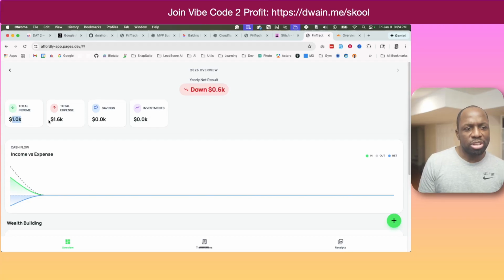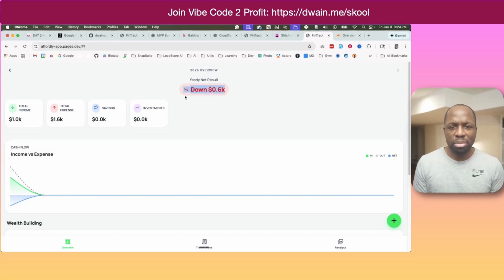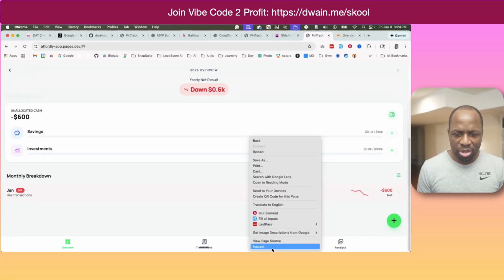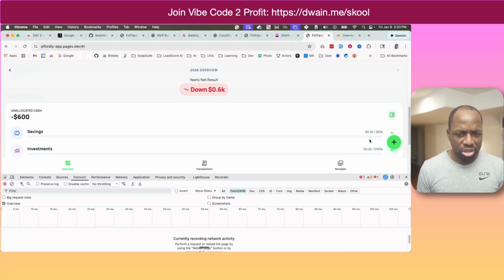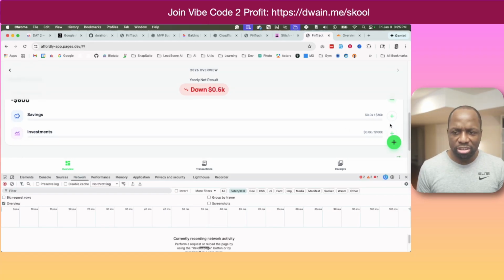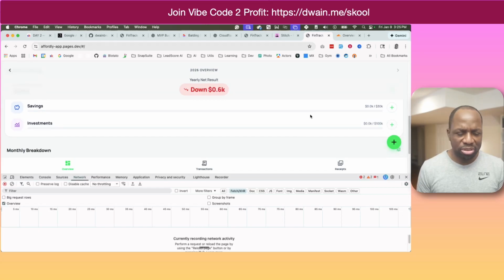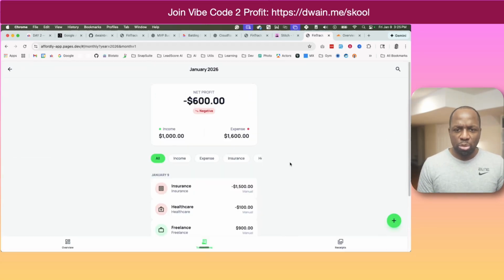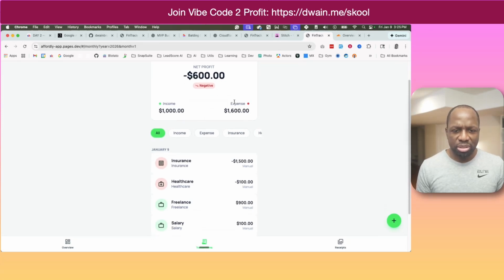So the net income was $1,000. 1,600 was the expense. I have no savings. I have no investment. I'm down by $600. So what happens if I do net worth and I press on the plus sign here? Okay, so the unallocated cash, if I press on the plus button, nothing happens. And the dip right now shows that I'm sitting in a minus balance of $600 for this month, which is